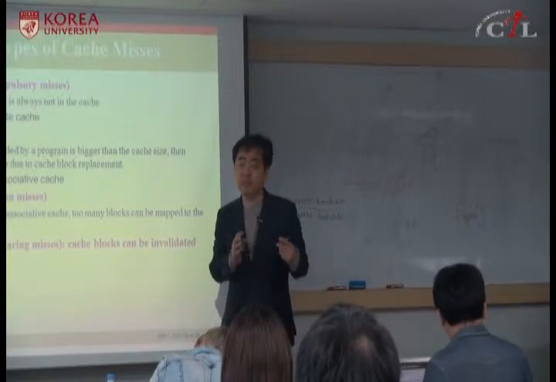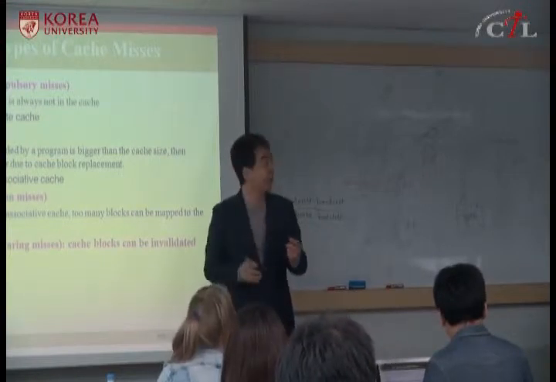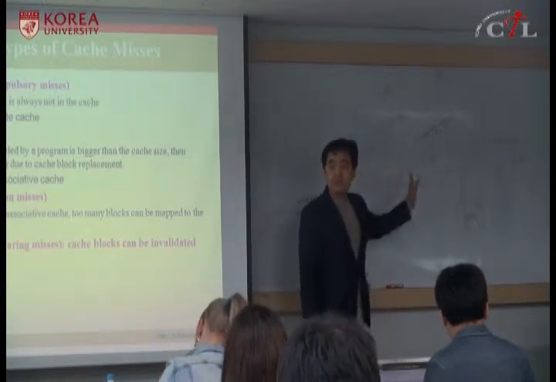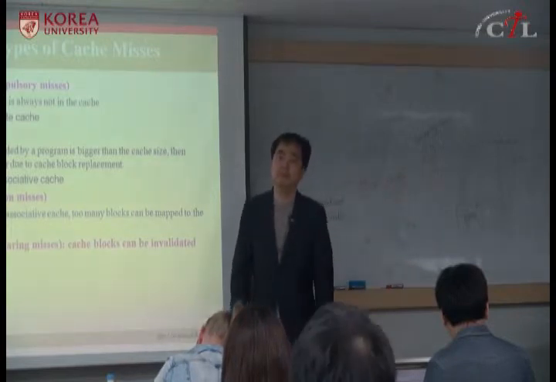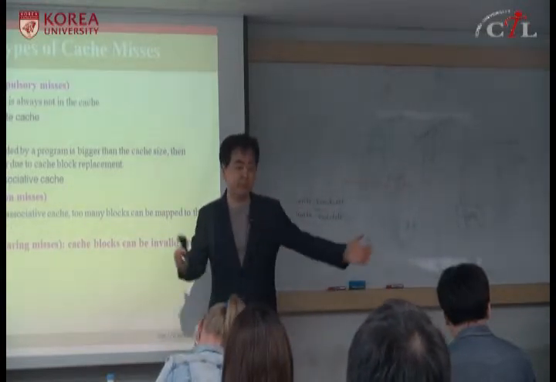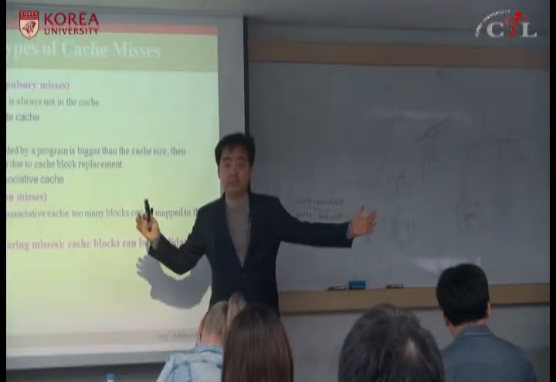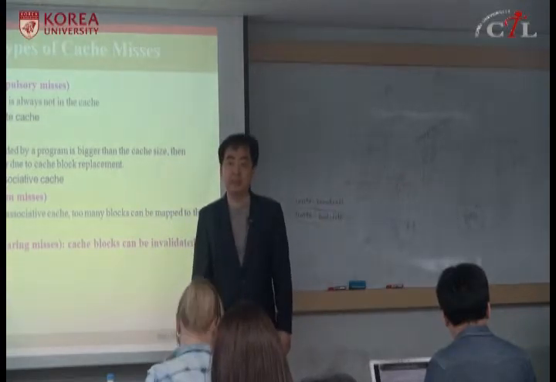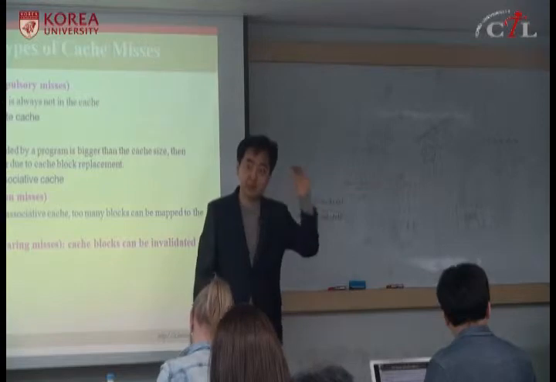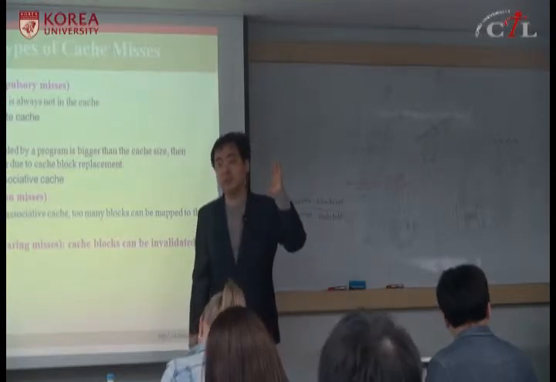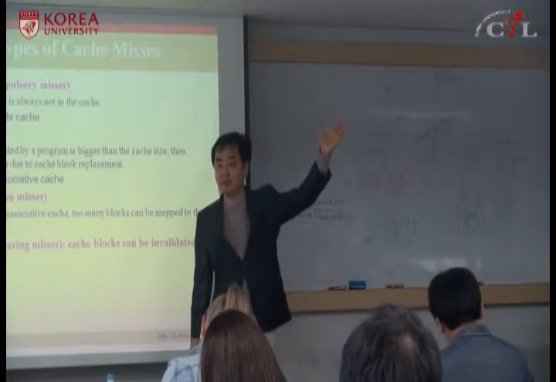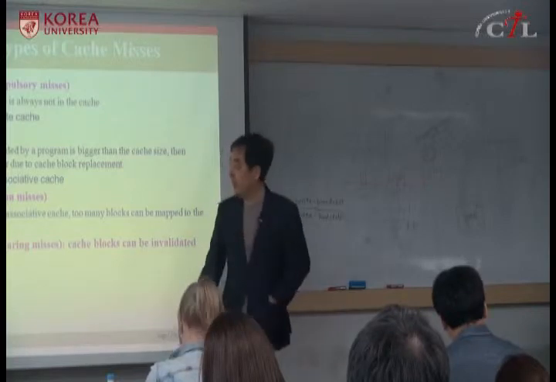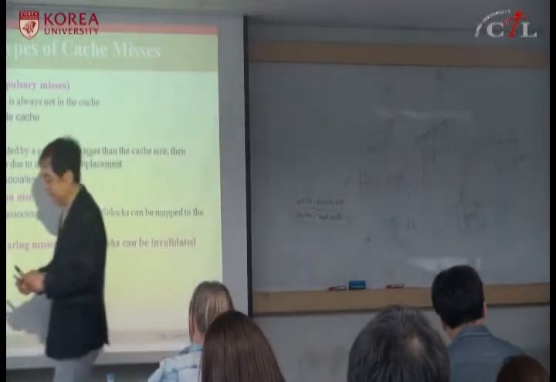But if your processor number is greater than 8, you cannot use a bus because the bus is too slow. You have to use another interconnection network, and you need different cache coherence protocols and mechanisms. If your processor number is very large, such as a supercomputer, then you need a totally different cache coherence algorithm because you cannot snoop. The bus is shared, so you can snoop, but with other interconnections you cannot. You don't know what somebody else is doing. So that is one issue. Anyhow, that's the invalidation message.